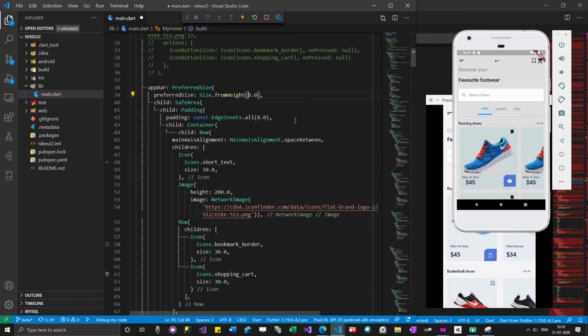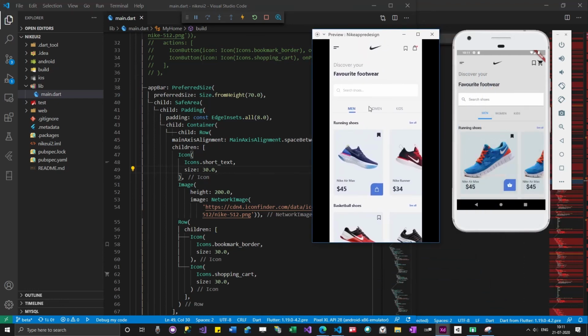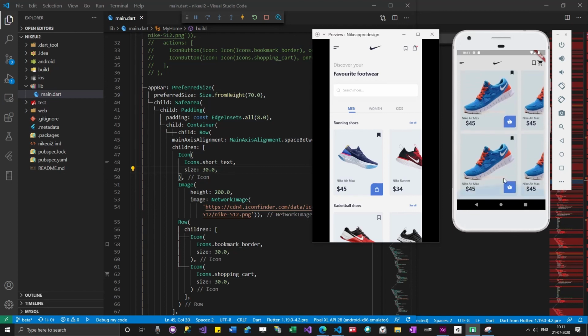Maybe I should give more. Okay, it looks much better. So do you guys think we have achieved the required output? Yep. Okay.